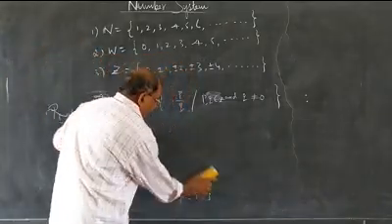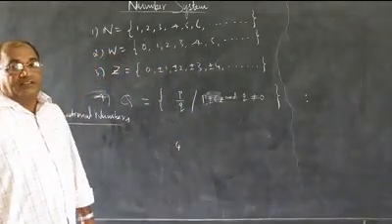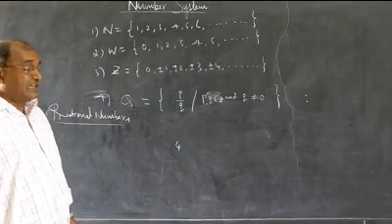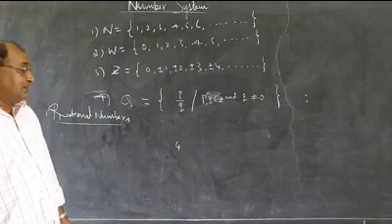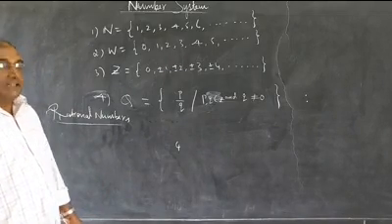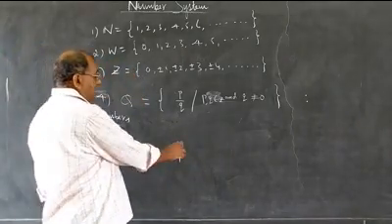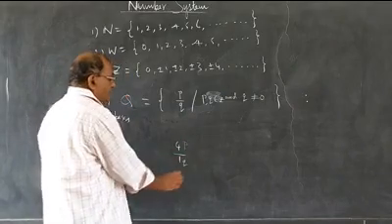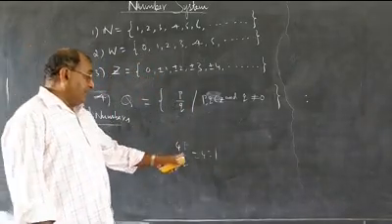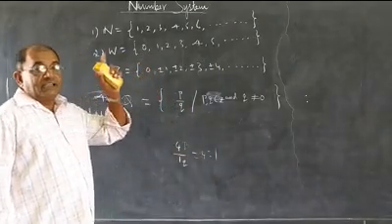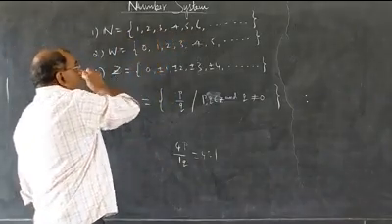Take this example. 4. If I ask the children, is 4 a rational number, 99% they say no, it is not a rational number. 100% it is a rational number. When we say 4, it is 4 divided by 1. P is 4, q is 1. This is equal to 4:1. It is a rational number. In that sense, every natural number is a rational number.